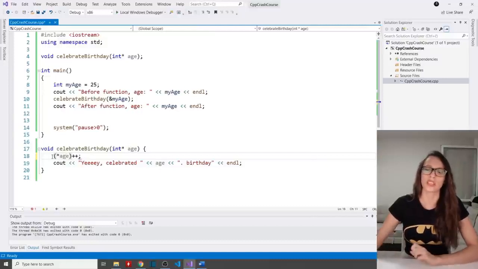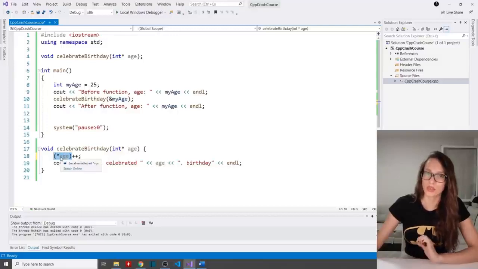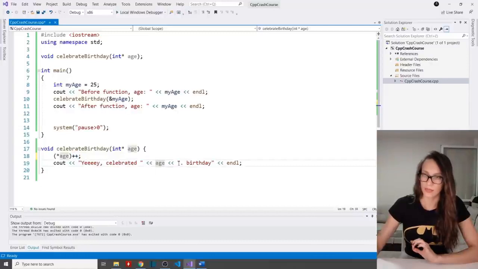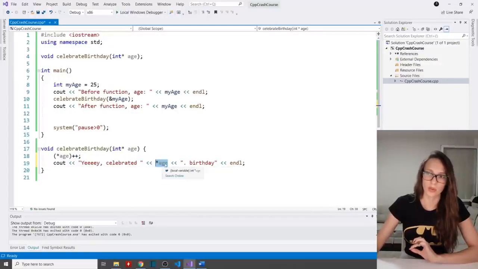And I'm going to do it like this. So I'm going to say, please dereference this pointer, meaning access the value that is stored on that address, and then please increment that value. And here as well, I want to access the value rather than the address itself. So I'm going to write out the value, and I'm going to use this star symbol once more.